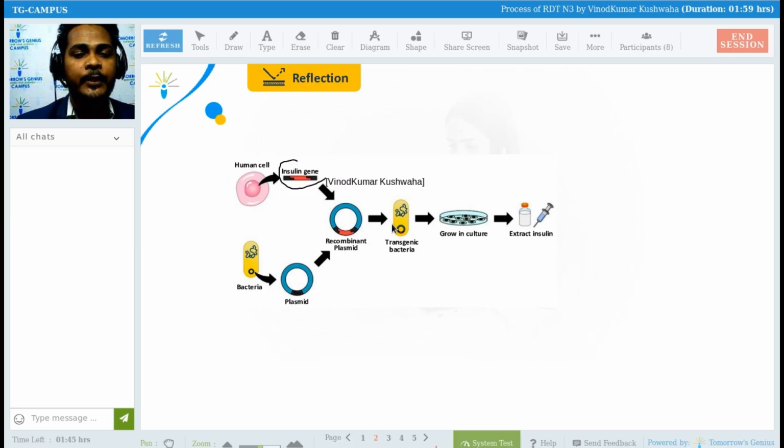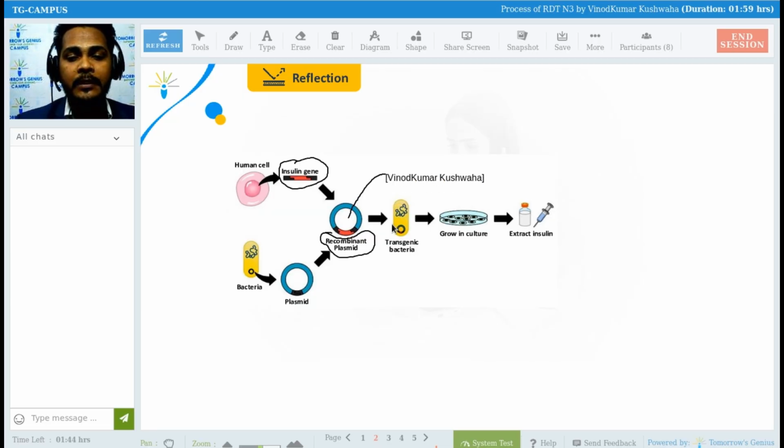That is your desired gene of insulin that you have to incorporate with the bacterial plasmids. That is called a recombinant plasmid, which we have already learned. Now this recombinant plasmid you have to insert into the transgenic bacteria. After inserting, it becomes a transgenic bacteria, and this transgenic bacteria you have to grow in culture. Culture means not in the petri plate, but cultured in a huge